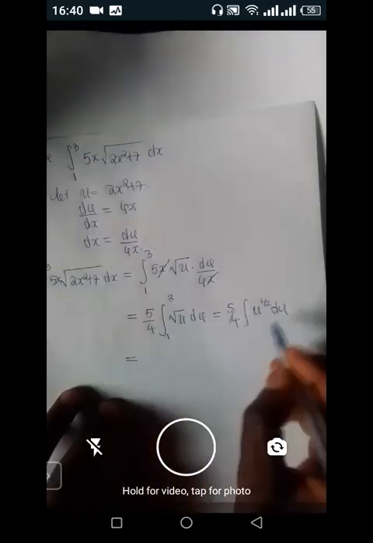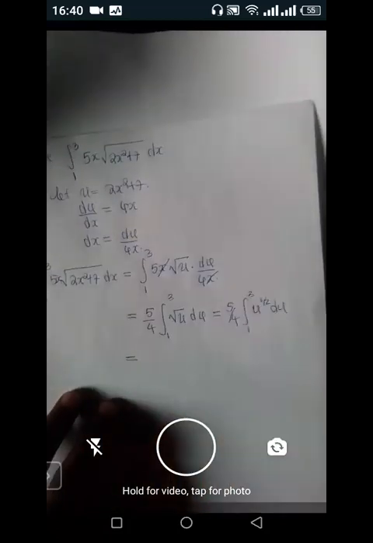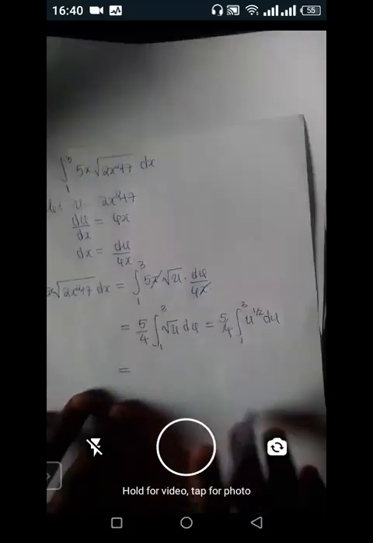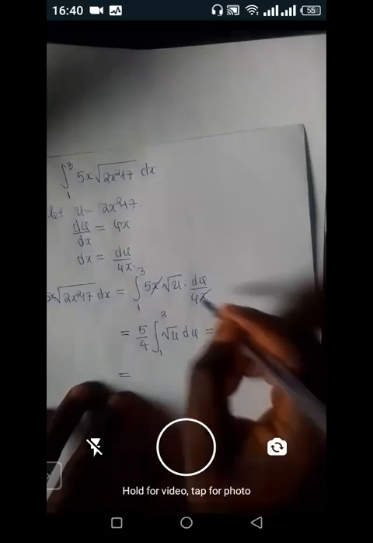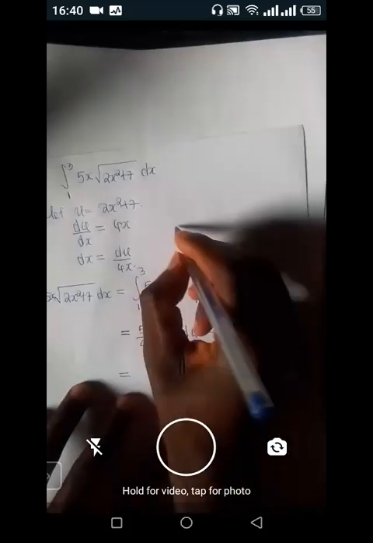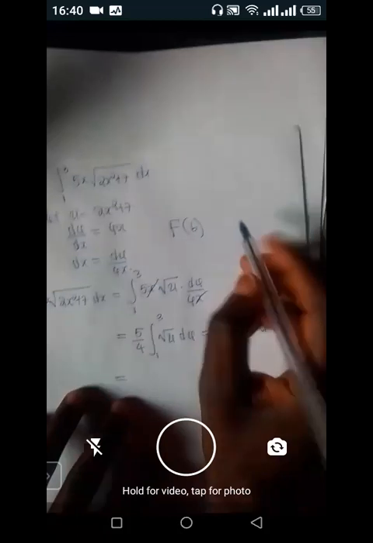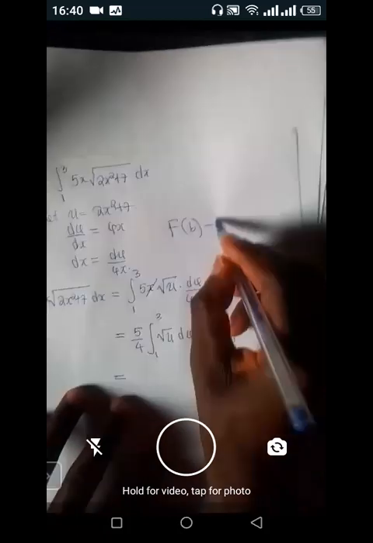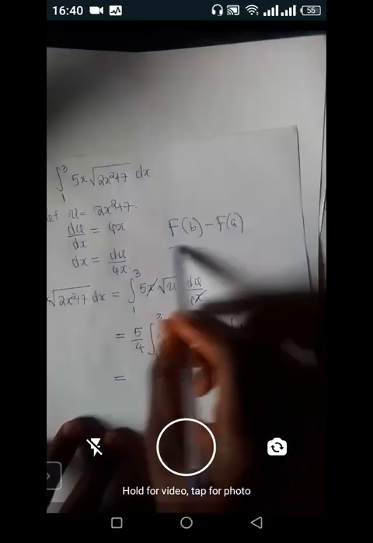Don't forget from 1 to 3. Remember, we had something like capital F of b minus capital F of a. So that's what we are doing. This is a definite integral. So this is going to be 5 over 4